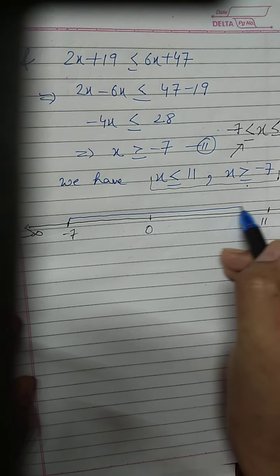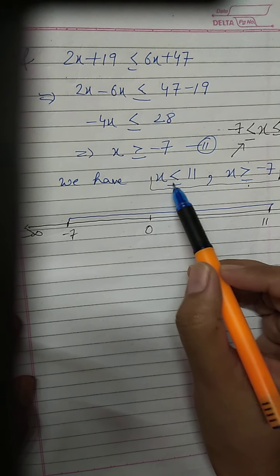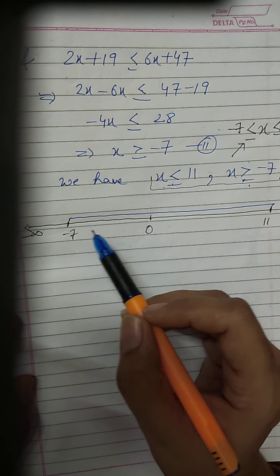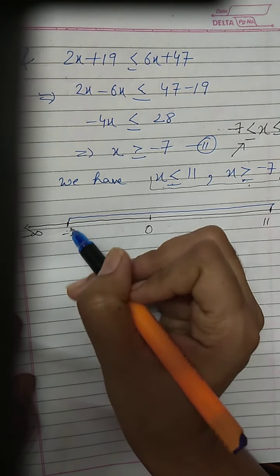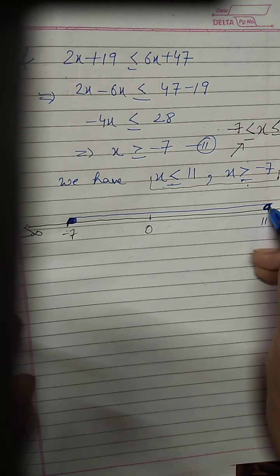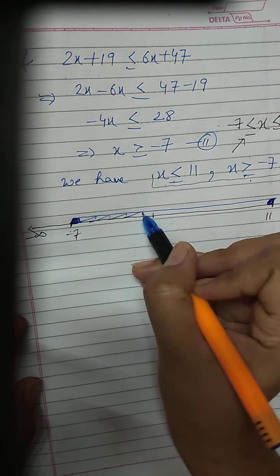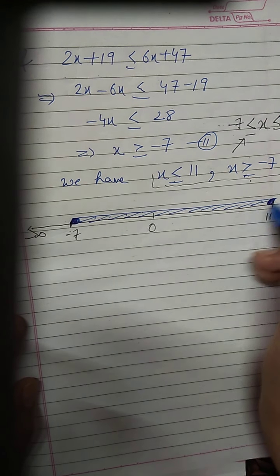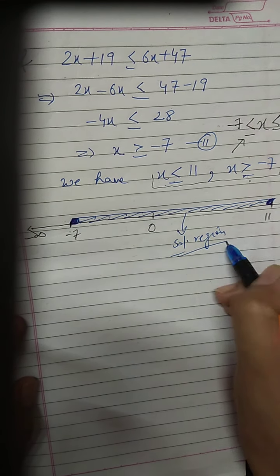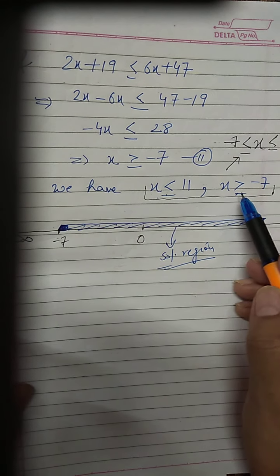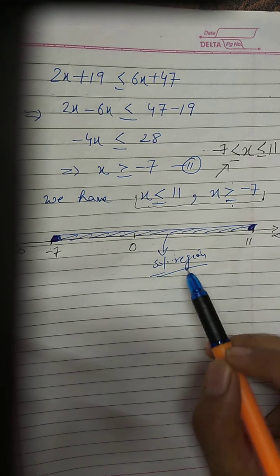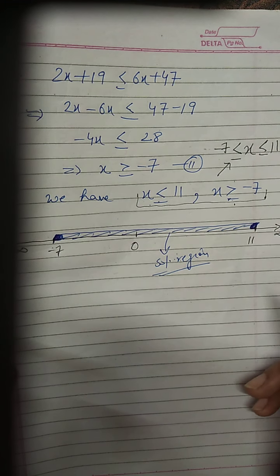So here if I just join these 2 points, since it is less than or equal to, greater than or equal to, so these are slack inequalities, that means we have to include the endpoints also. So we will put here solid circles, okay, and we will just shade it and we will say this is the solution region, right? You can do this way also, just combine the result from both the inequalities and that thing we can represent on the real number line. That is also the way to do it.